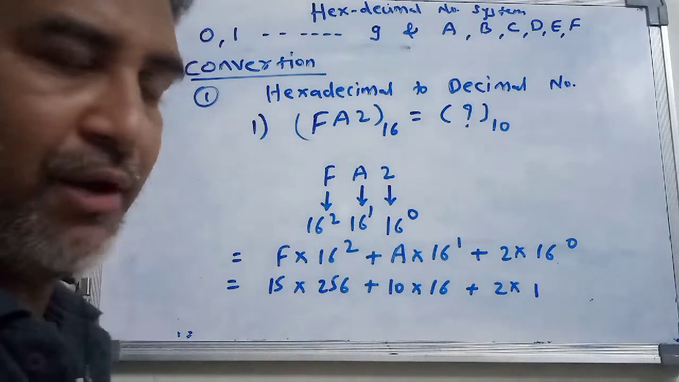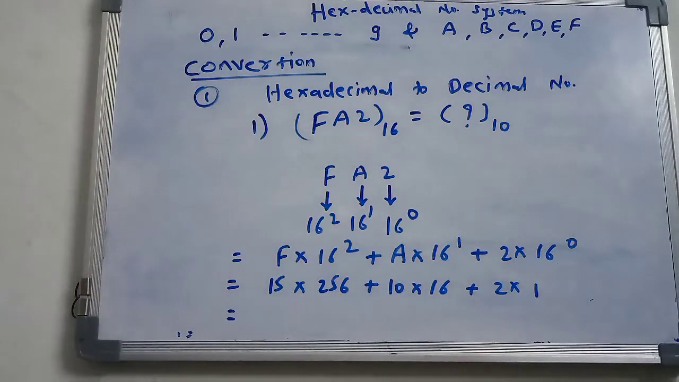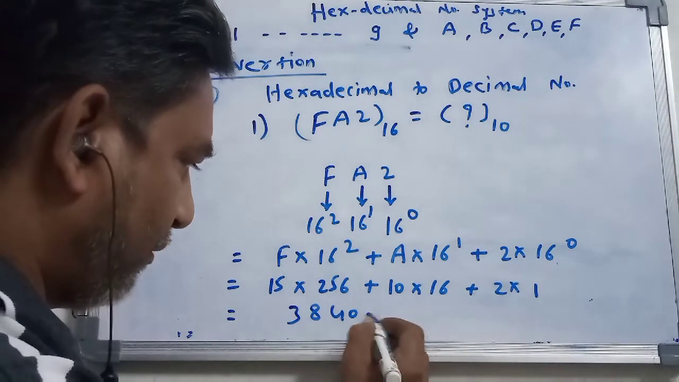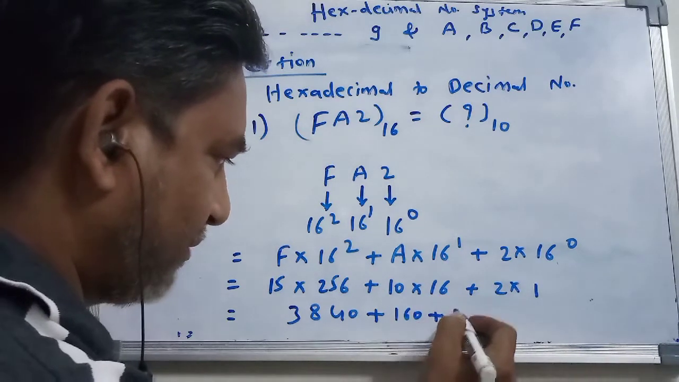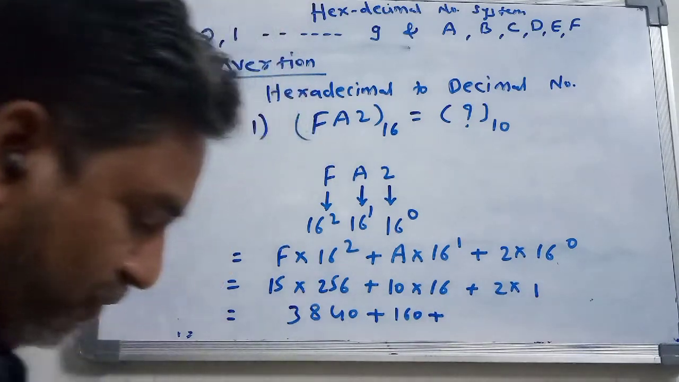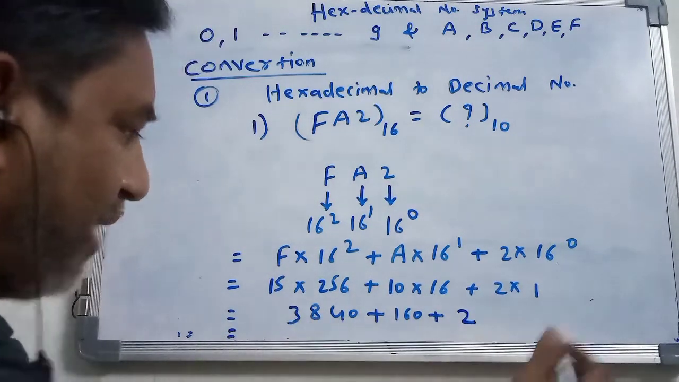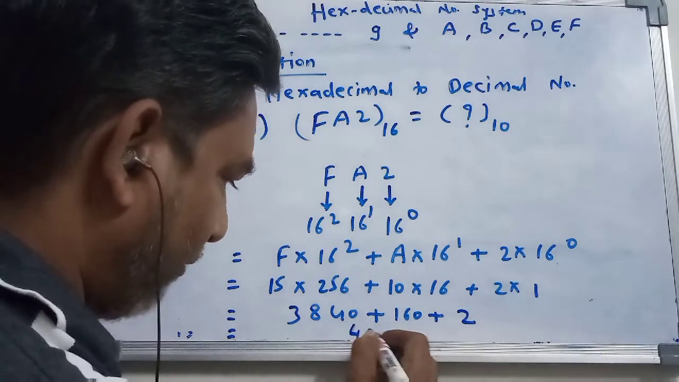So in this way you have to write down the value, and here the 15 into 256, you will be getting the value 3840, plus 10 into 16, that is 160, plus 2 into 1, you will be getting the value, that is 2. So at the last you add all the numbers, and after adding you will be finding the value,